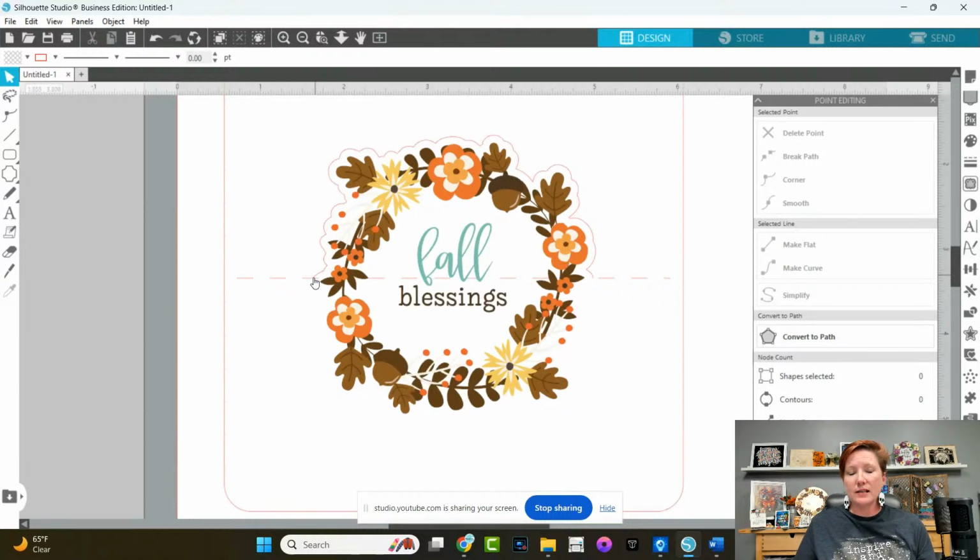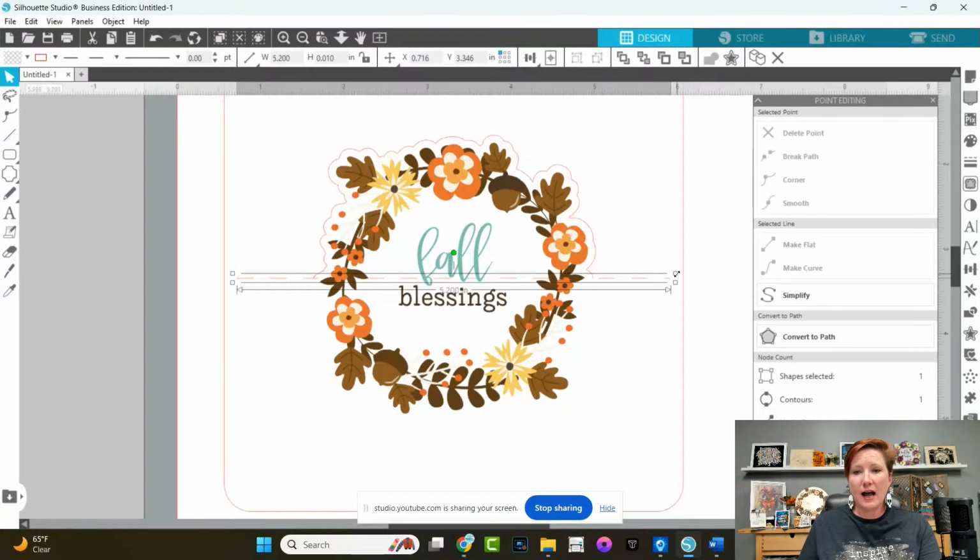So now I have this offset cut line, but I also have still currently my score line going through my entire card. I don't want that. I can easily just click on this and I can scale this down. And since it's a line,